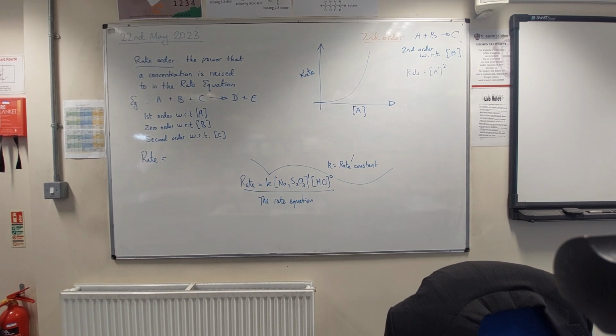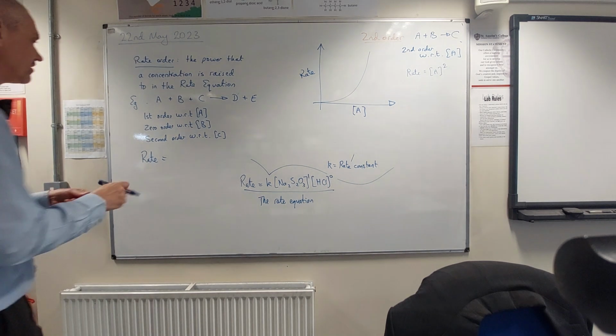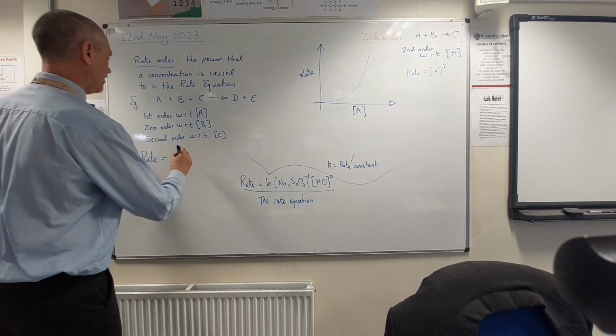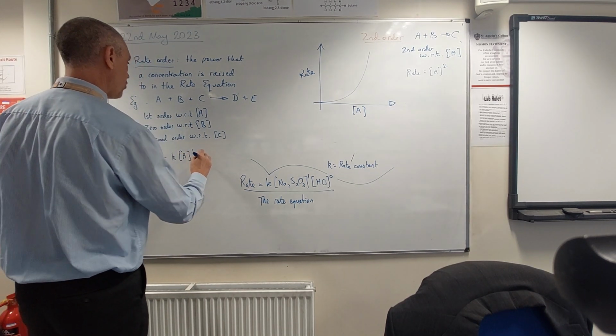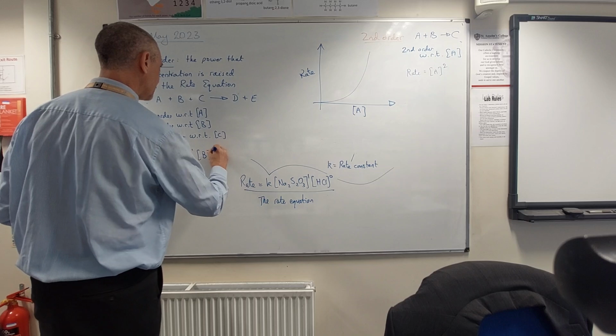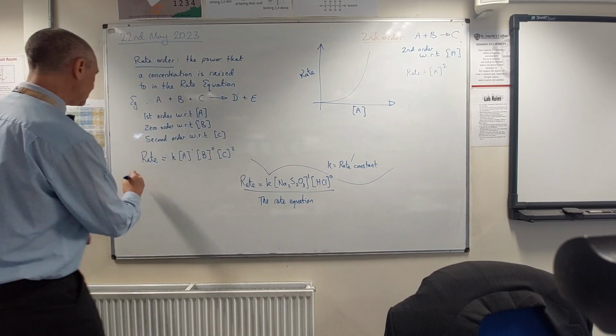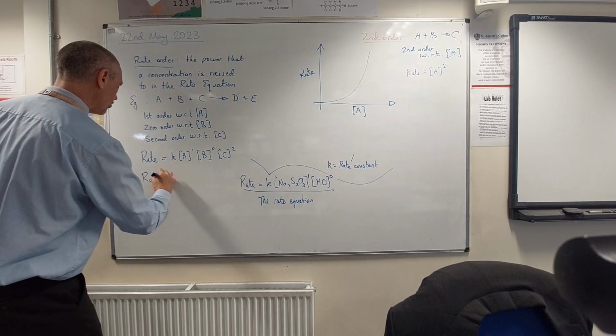That's it. They're both correct. They will both be marked correct. With zero order with respect to B, do you even need to write B? So they're both acceptable. We can either write rate is k and then just go through them: A to the 1, B to the 0, C squared, or we could just say rate equals